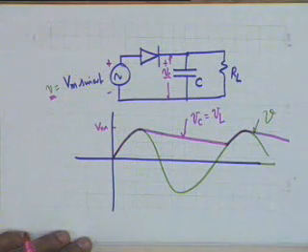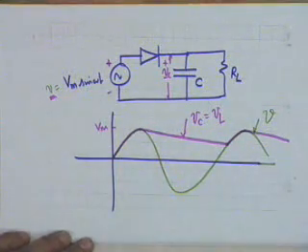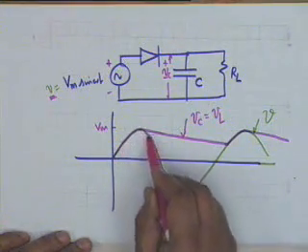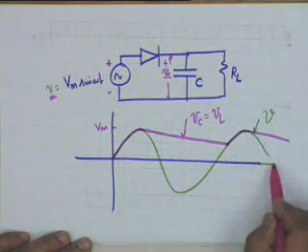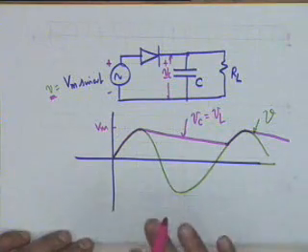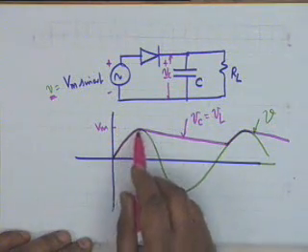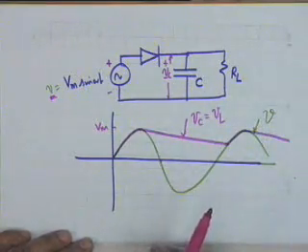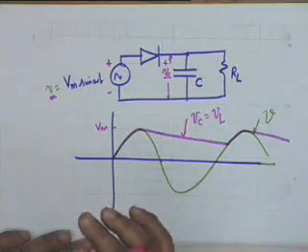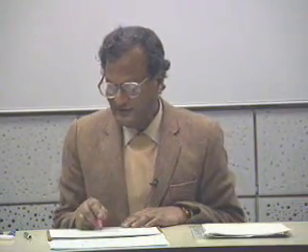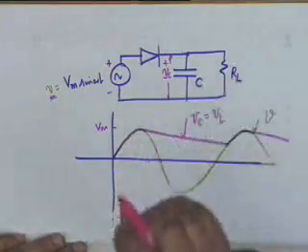across the load VL. And you notice that when the capacitor was not there, the voltage waveform would simply consist of the positive half of this, then the positive half of this, and then the positive half of the next cycle, and so on. Now what is happening is, this large gap, this negative half which was left completely unutilized, the capacitor now, because of its property of storing charge, fills out some of the void. What we would have liked is, if it had remained constant like this, then obviously we would have gotten